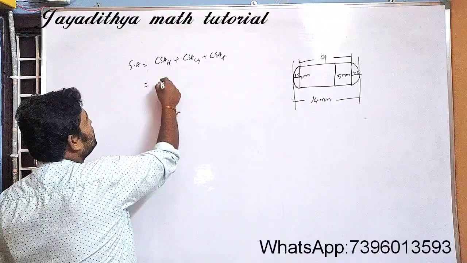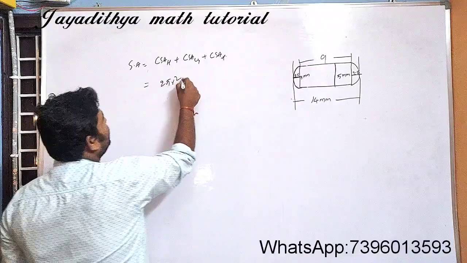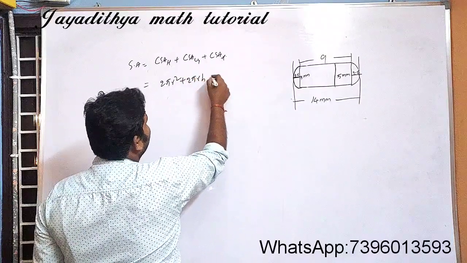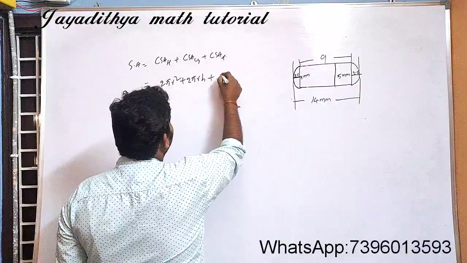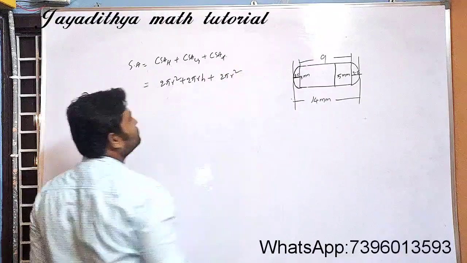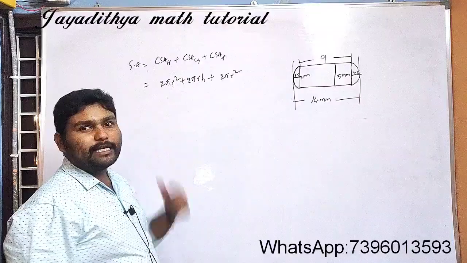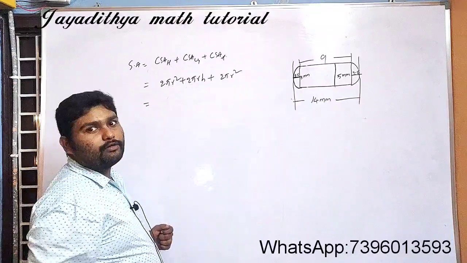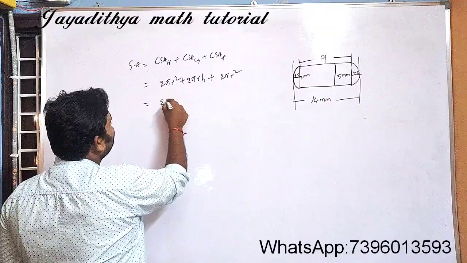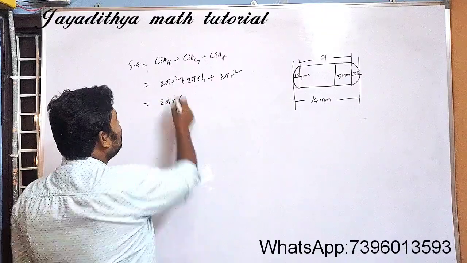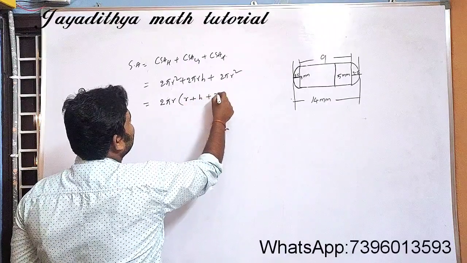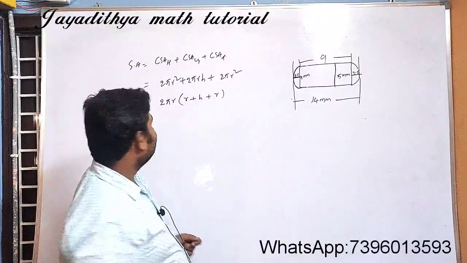Right then. So this is nothing but 2 pi r square. This is 2 pi r h plus 2 pi r square. 2 pi r square. So what can you take common? You can take 2 pi r. In all the three cases you have 2 pi r, no? So take 2 pi r as common. Then what are the remaining things? r in the first case, h in the second case and again r in the last case.